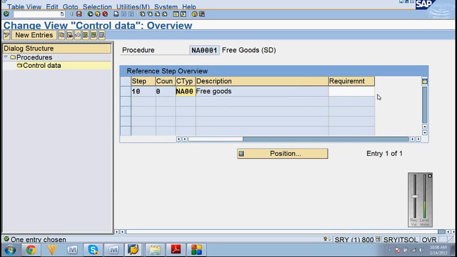There are 5 fields: step, counter, condition type, description, requirement in the control data. These are the 5 fields you have to understand.